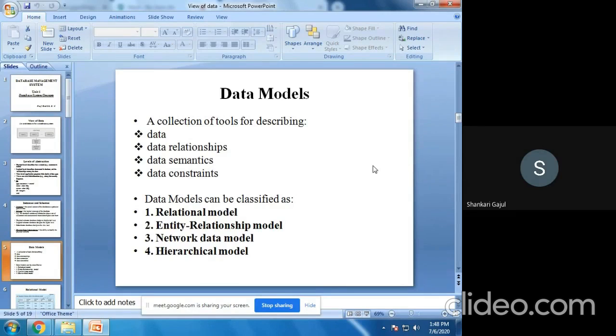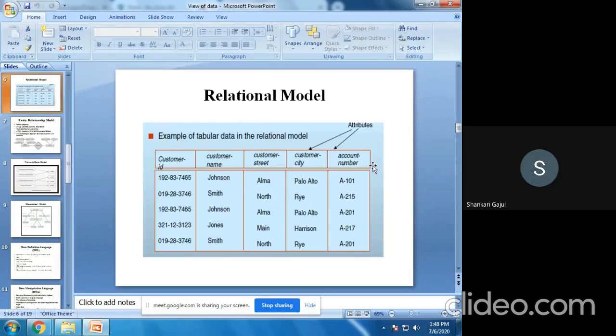Data models can be classified into four different types, and we will discuss them one by one. The first is the relational model. What do we mean by relational model? This is the first type of data model. The relational model uses a collection of tables. It is nothing but a table, also called a relation. The definition of the relational model is a collection of tables to represent both data and the relationship among those data. The table consists of